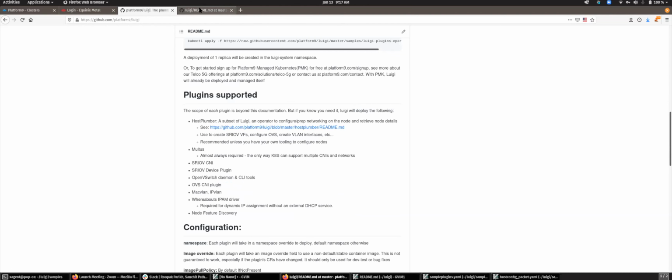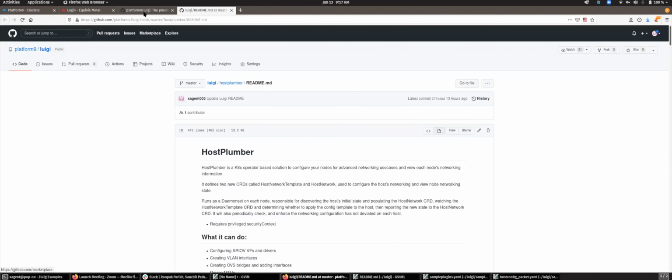And if you go to the host plumber folder, that's actually the host plumber operator. This is an independent operator too, so you can use this just for configuring network state on your nodes.